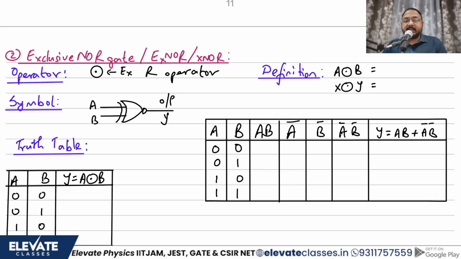Okay, now let's see how can we define this. How can we define this XNOR operator? Can we define this in a similar way with which we defined an XOR operator? जैसे हमने XOR को define किया था, वैसे ही हम XNOR को define कर सकते हैं क्या? Let us try and find out. First thing is the original definition. I'll write the original definition somewhere over here. So suppose you have P XNOR Q. The answer should be PQ plus P bar Q bar. This is the actual answer. Right? But I'm not going to use this.